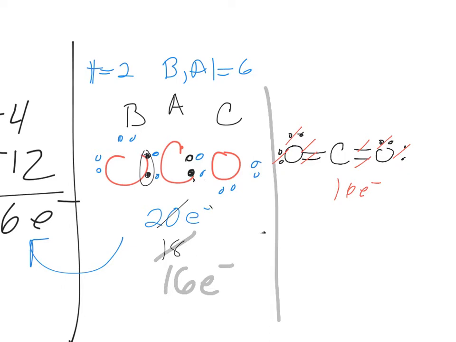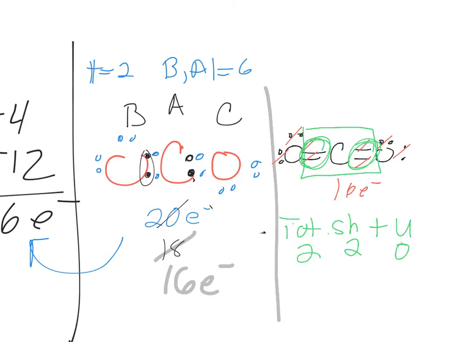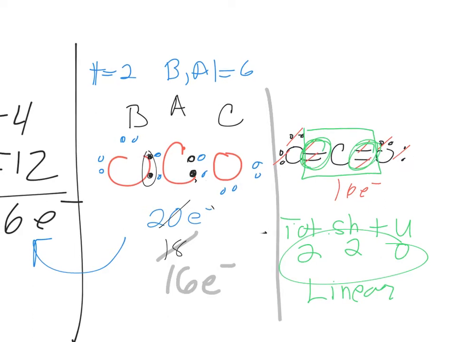To get my shape, I'm going to look around the central atom, and carbon has a total of 2 areas of electron activity around it. Here's one area, here's the second, and of those 2 are shared, and none are unshared. So this is a 2, 2, 0, which is linear,